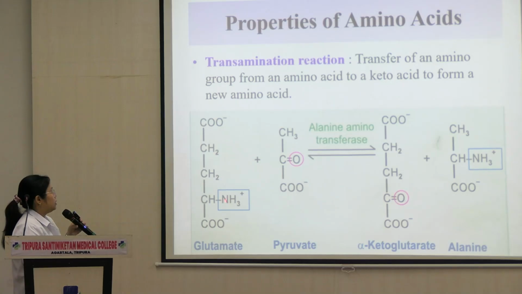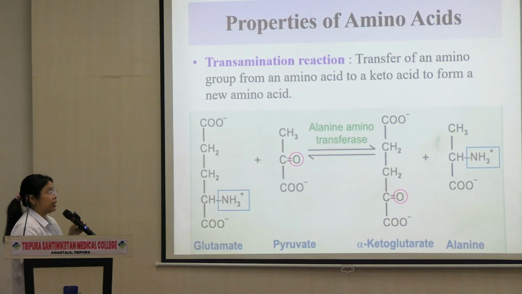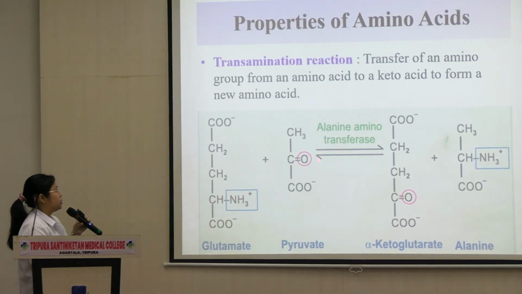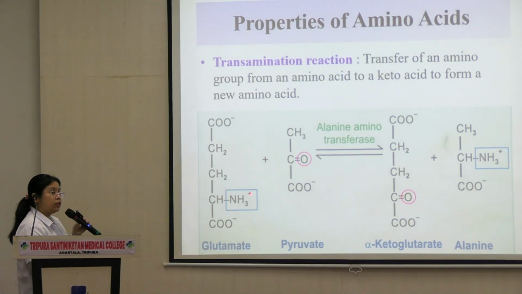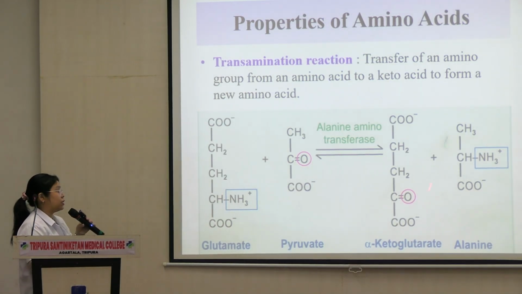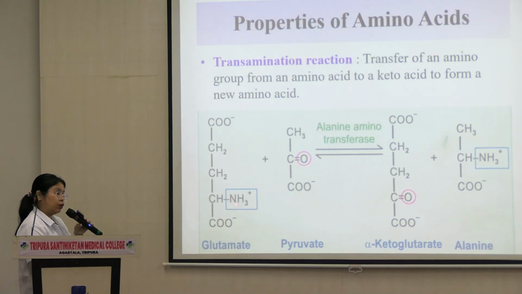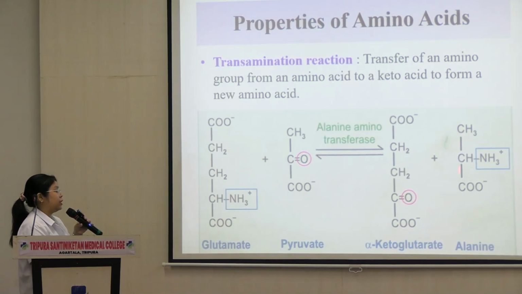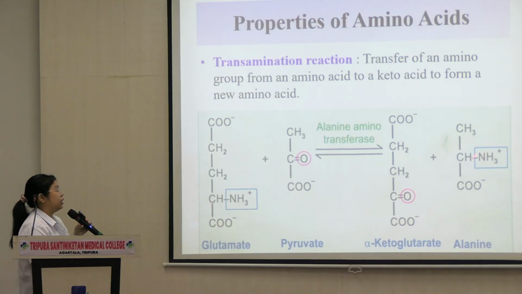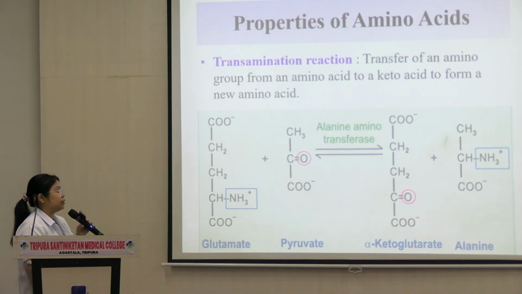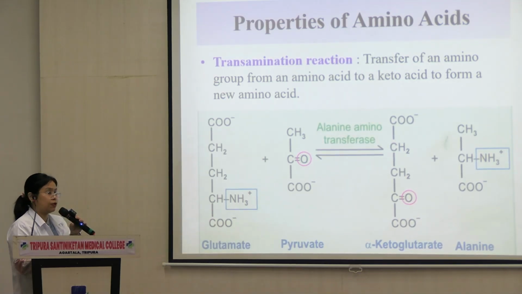So now in place of this, we got this. This is replaced by this part over here. So glutamate has now become a keto acid. Any compound that has this group is known as a keto acid. The original amino acid has become a keto acid because of the transfer of the amino group, and the original keto acid has become an amino acid known as alanine. The structure changed, it has converted into alanine. So this process is known as